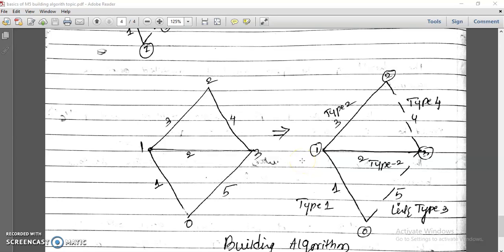Now we'll go for the derivation of the building algorithm, that is addition of a branch. There you will get the derivation of diagonal and off diagonal values separately, and next will be addition of a link, with diagonal and off diagonal values. In a link, first you have to add, and afterwards removal of the link also has a little bit of derivation. A 12 marks question is going to be asked on this. Okay, building algorithm derivation. In the next video I am going to discuss that. Okay, thank you.